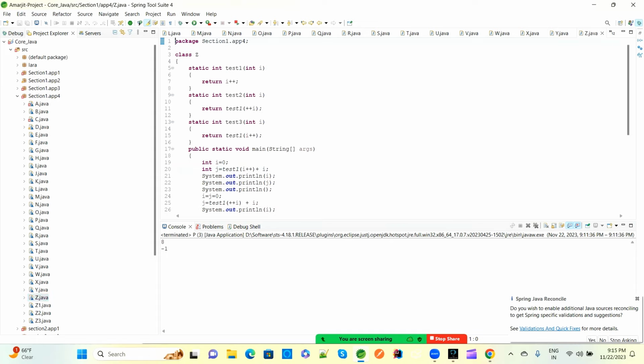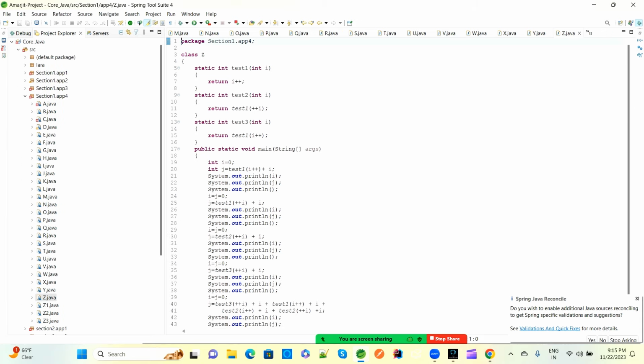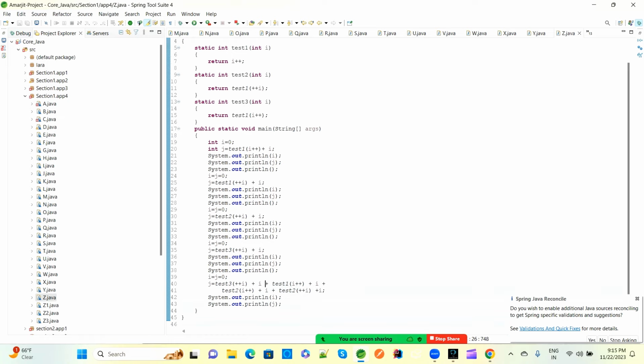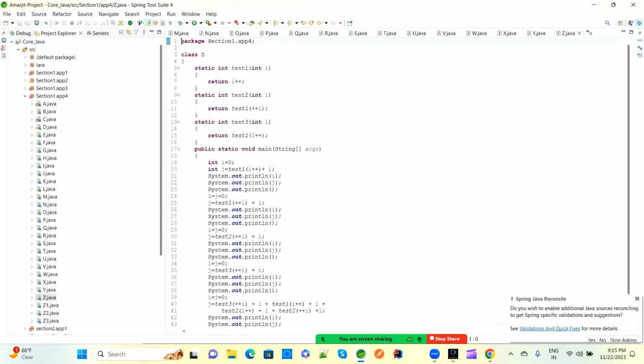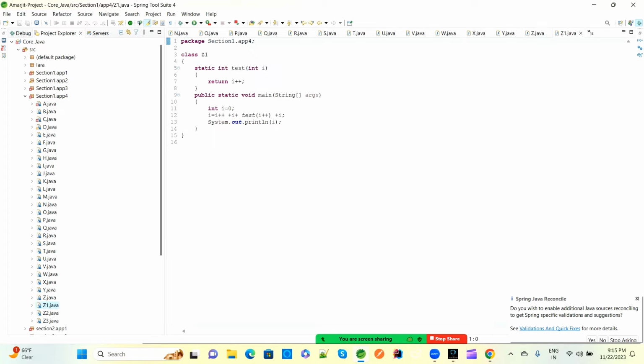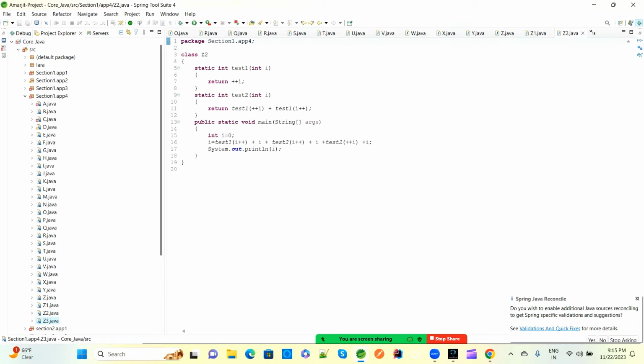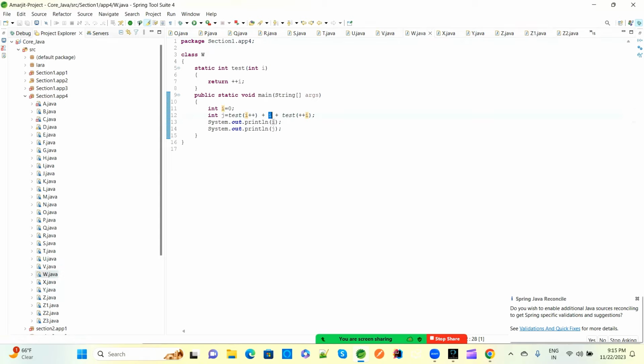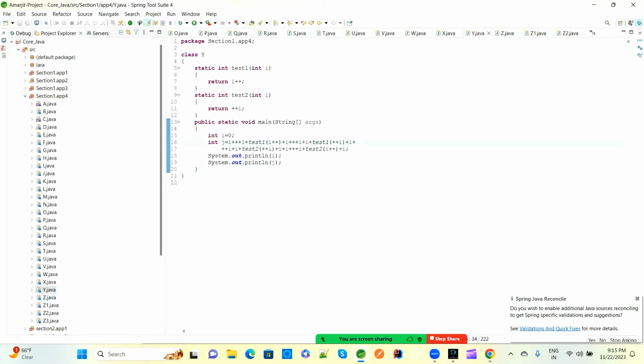This is a very big program, so we'll see. These are all related to checking your ability with the concepts here. Have you completed all those concepts clearly or not? So these are all related to that only, w x y z,